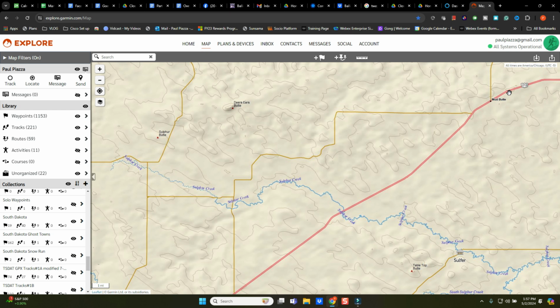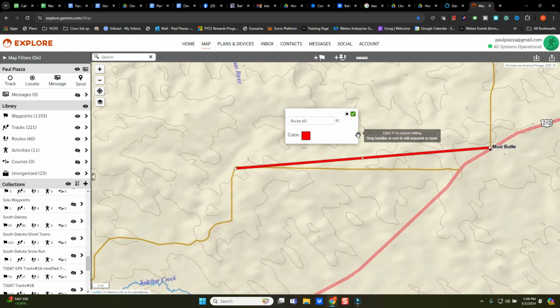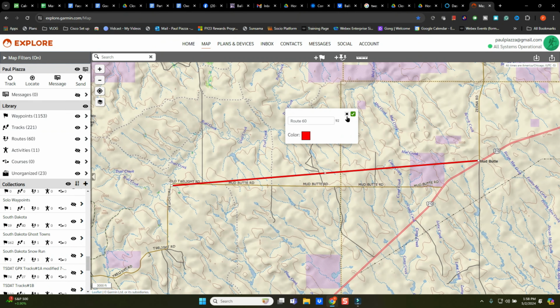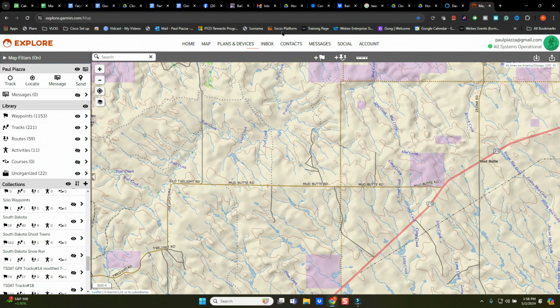So we're going to start at Mud Buttes and create it. You'll see here Mud Buttes, and then I'm going to make, and you'll see here you have to add. So if I add it way over here, it's just going to do a straight line. I don't like that, right? So now you can grab this one point and move it around if you want to, or delete it, depending on what you want to do. So then we have to start over, right?